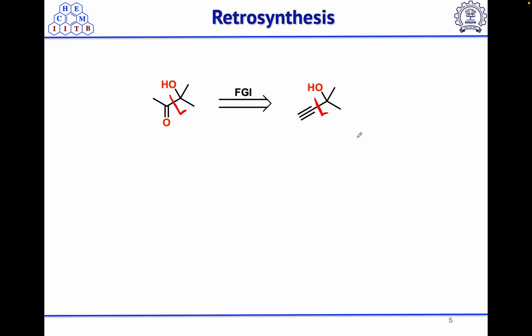So this is also straightforward. You can think about acetylene from this side as a nucleophile and this side as an electrophile. Okay, so what will be the synthons? Synthons will be like this: this carbon, acetylide anion, C minus. So this will be the donor synthon and the acceptor synthon will be the